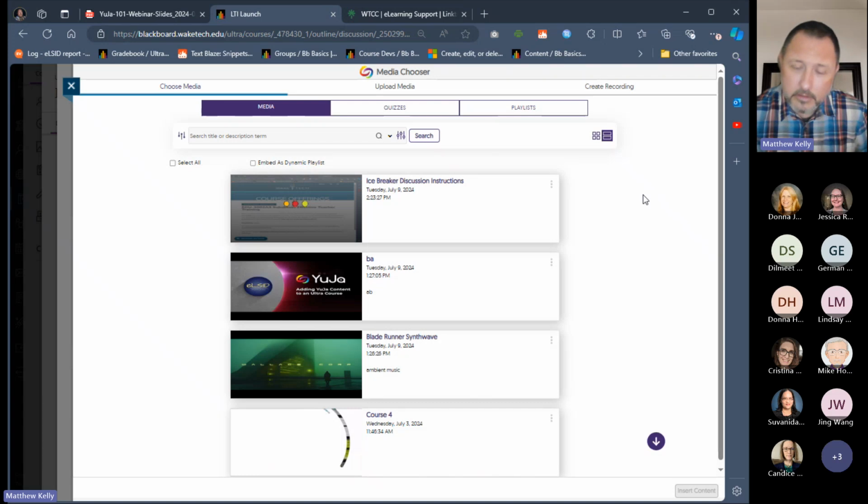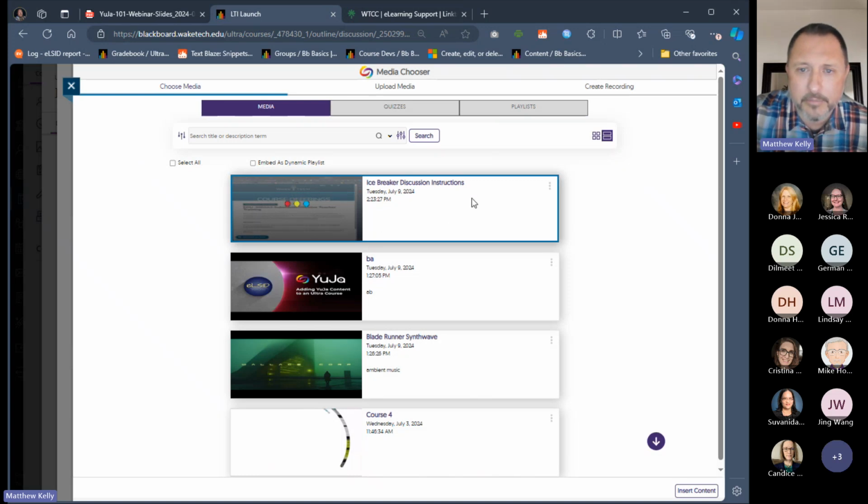Now, technically, even if that's not done processing yet, we could select that media and share it into our course. That said, the media itself won't be available for play to anyone in the Blackboard course until it's done processing. So just keep that in mind. If we want to just get the inserting done, we can insert it before it's done processing. Like I said, it won't play for anyone until it's done processing. So what we're going to do is select that media.